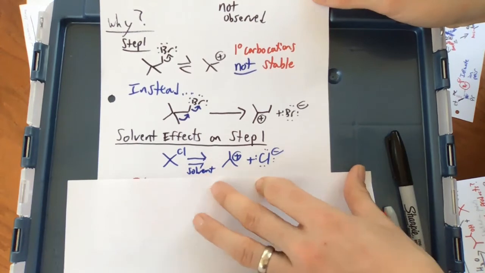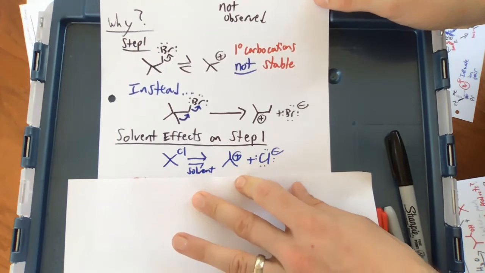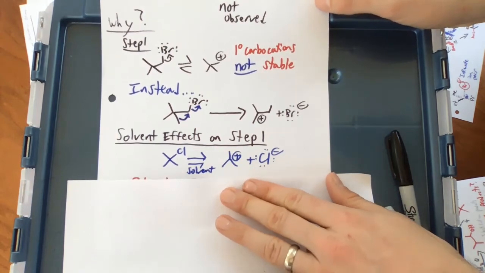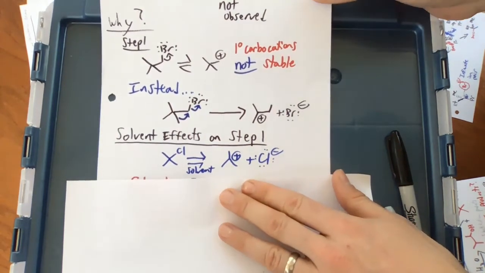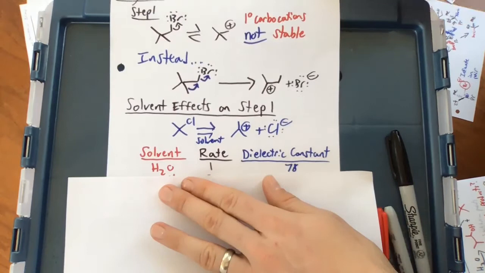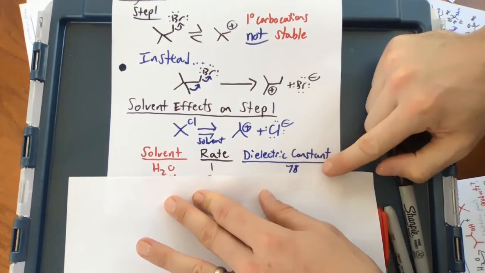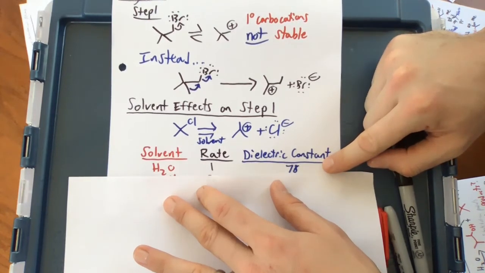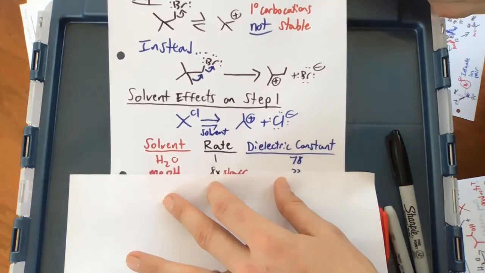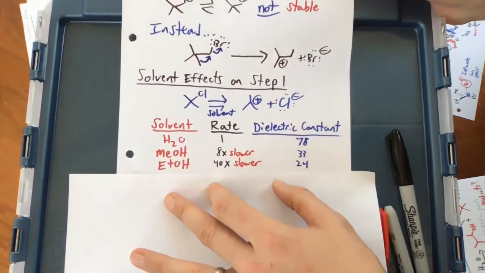Remember, we're studying this key intermediate step here, the generation of the carbocation, because this is the rate determining step for the rate law. This is the slowest step in the reaction diagram we learned about several sections back. If you look at the solvent and the reaction rate, and you only look at how polar the solvent is, larger dielectric constant numbers mean that the solvent is more polar. If we take water to be our standard solvent, we'll see that as you lower the dielectric constant of the solvent, meaning as you make the solvent less polar,